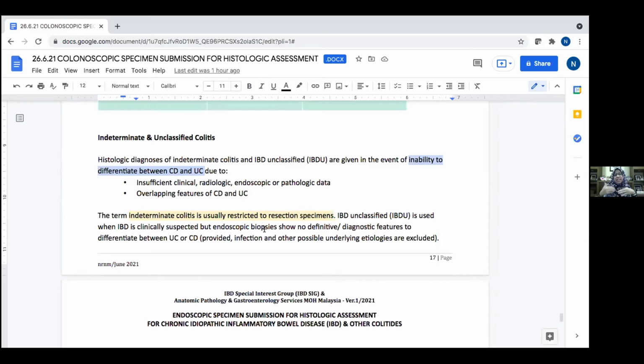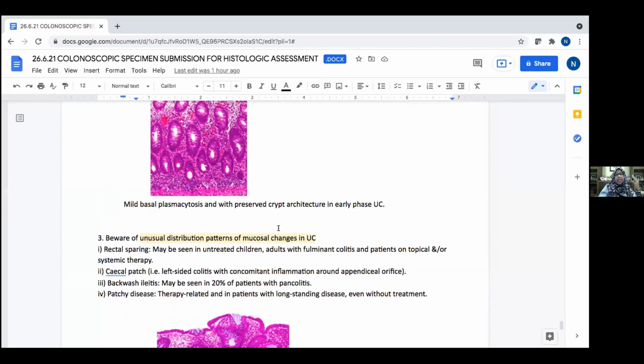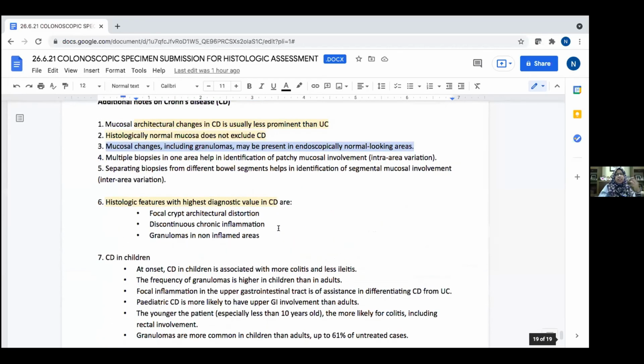But maybe later on, with a repeat biopsy or more clinical information, you may be able to do so. So it's a temporary diagnosis until more features become more obvious. I have additional notes on UC and CD,